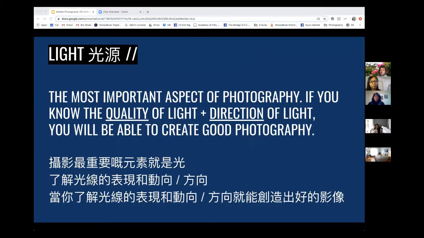So great, you can control how much light comes in now with your phone. But we need to talk about the quality of the light and the direction of the light. Beyond controlling how much light there is, another important point about light is its quality. What is the quality of light? Okay, so the quality of light has to do with,